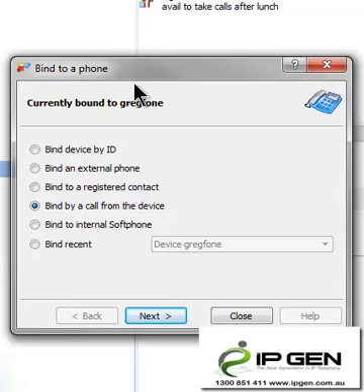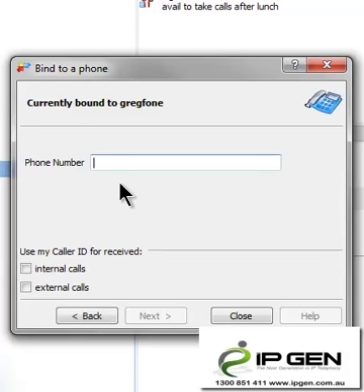Here's one that's fantastic for remote workers. Let's bind to an external phone. This is where you can have your office wherever you choose. I've simply selected bind to an external phone, a phone number. I'll put in my office number,